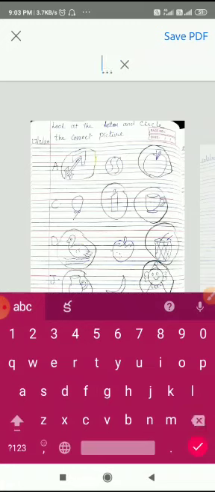You can edit your name. You can give a name for this file, 6G. So like this you can give the name for your file: the subject which you are writing, the exam, the particular subject name you can mention here, your name, your class section and the subject name, and click save PDF.